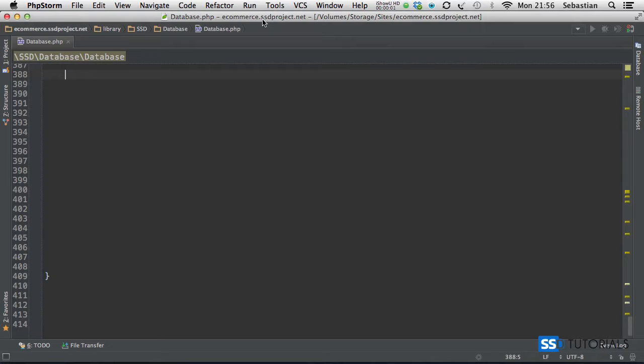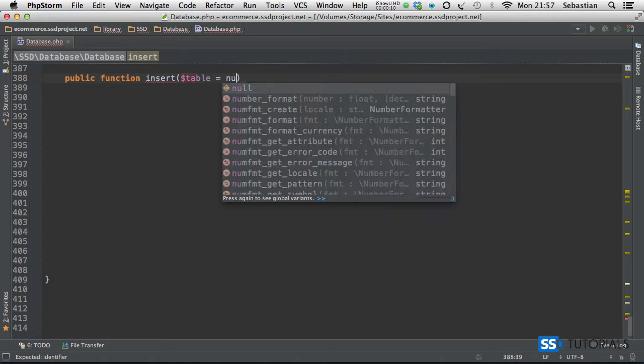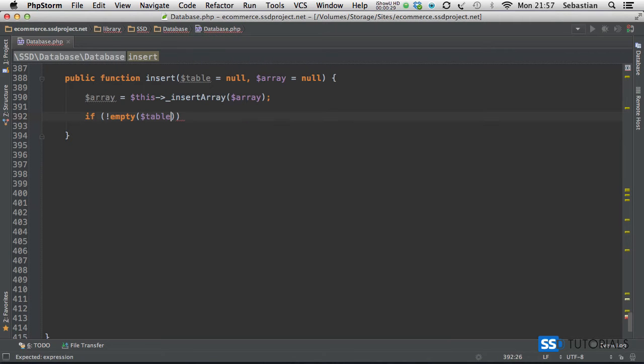The next method is called insert, and it's going to be a public method. So public function insert, and we're giving it a table name, null by default, and then array, also null. Okay, array, first of all, we go for this insert array. We're preparing everything for our insert statement, and then we check if is an empty table and is an empty array,